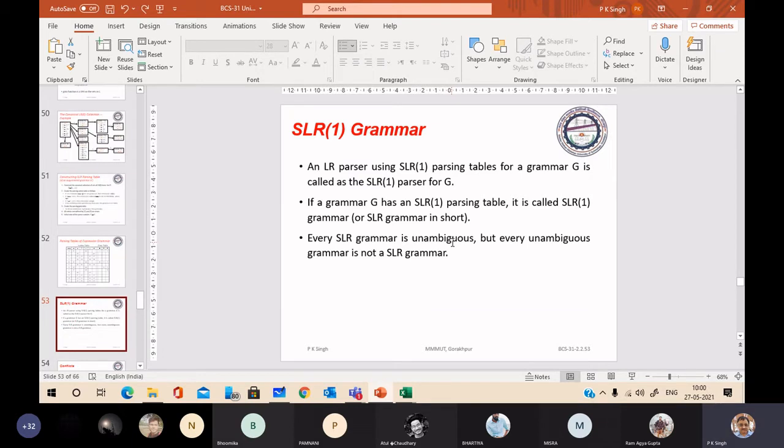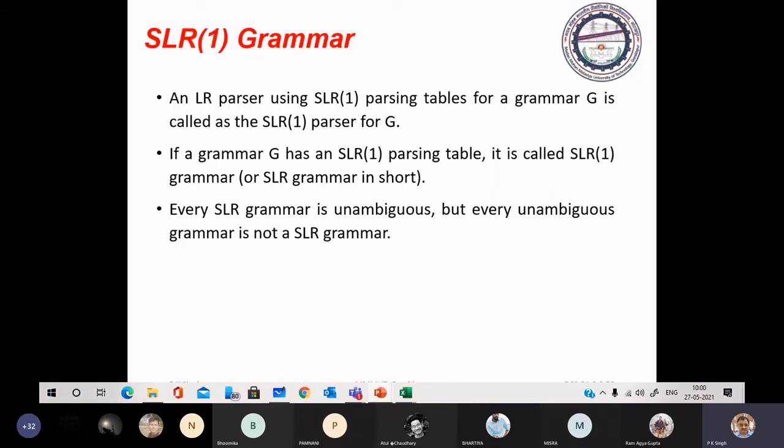Also, one thing you have to keep in your notice that every SLR grammar is unambiguous. But it is not necessary that every unambiguous grammar is SLR.